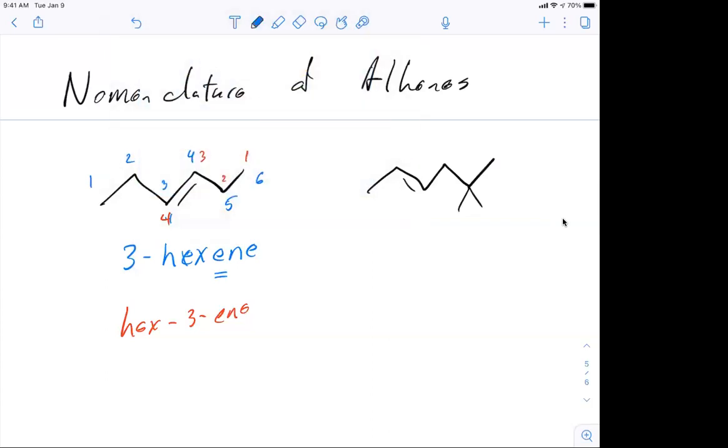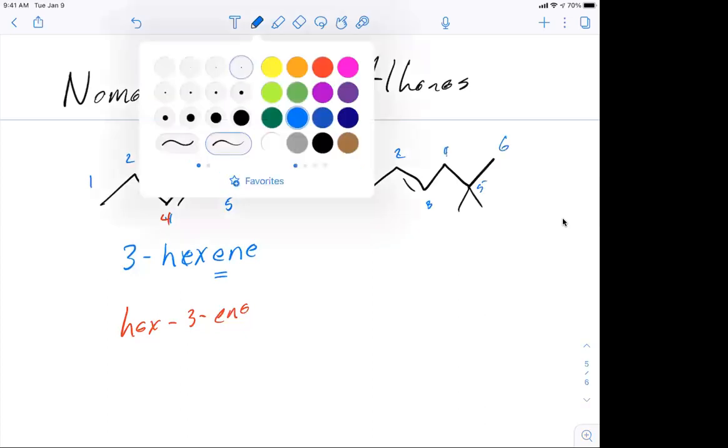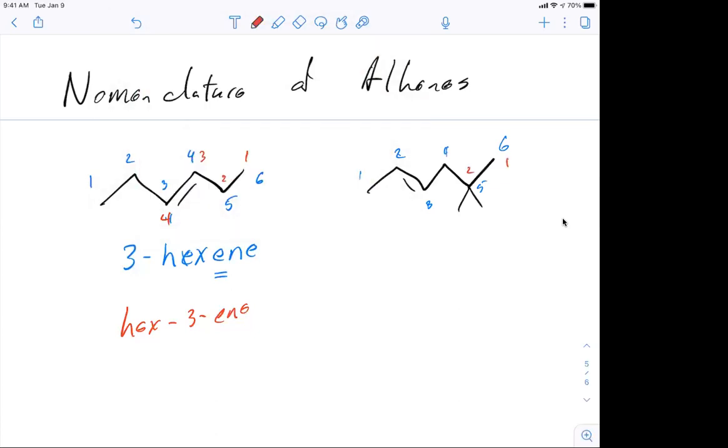Now, this next one, again, I have a habit of drawing 6s. So 1, 2, 3, 4, 5, 6. If we go the other direction, 1, 2, 3, 4, 5, 6. Okay, in this case, remember we're naming this as an ene. So although I have 2-ene 5,5-dimethyl, and if I had done it the other way, I would have had 2,2-dimethyl 4-ene, right? I'm going to go with the preference that this is being named as an ene. So therefore, this is going to be